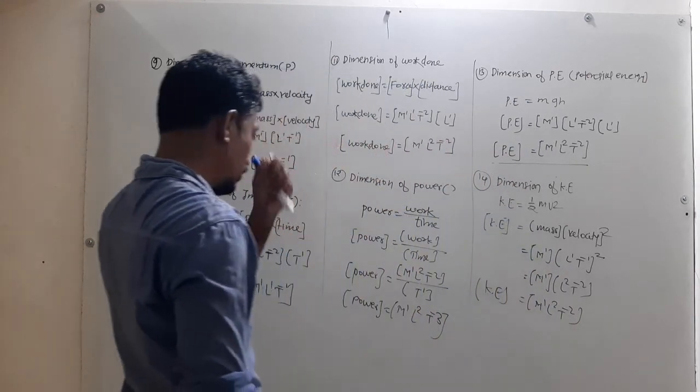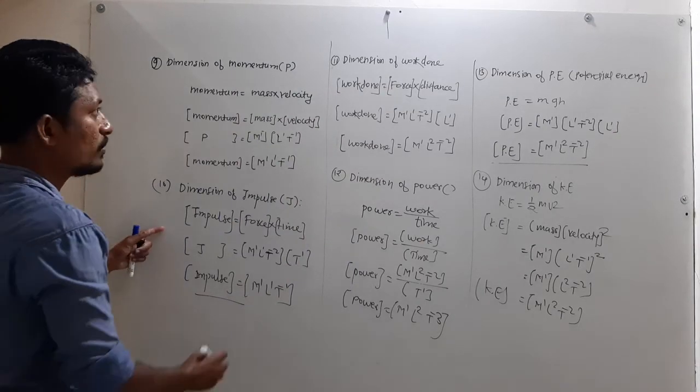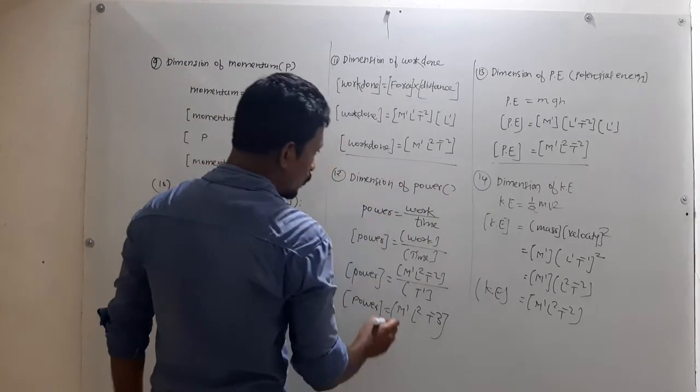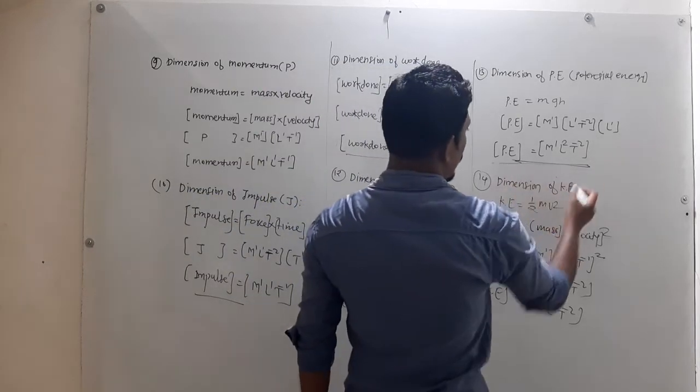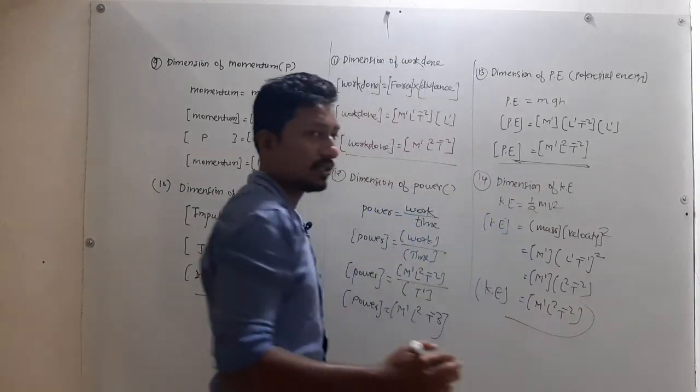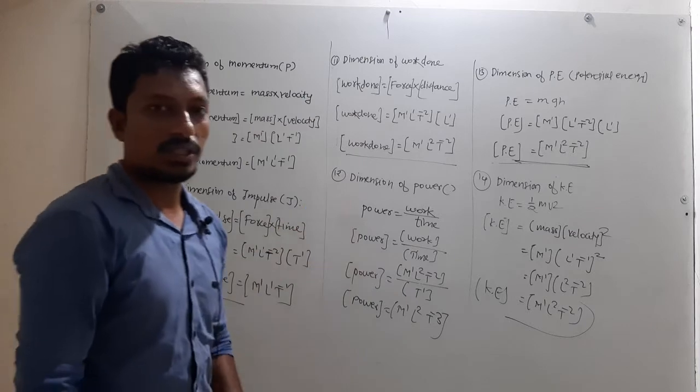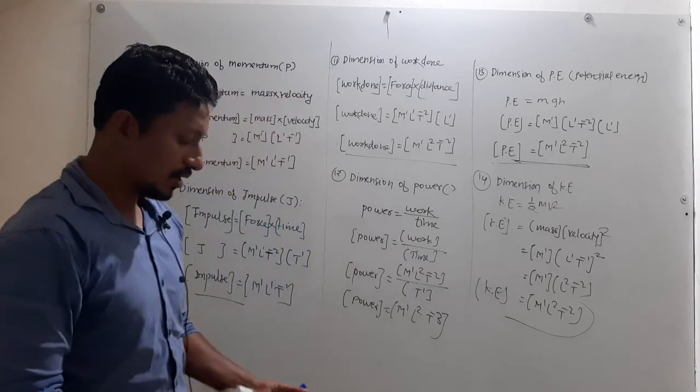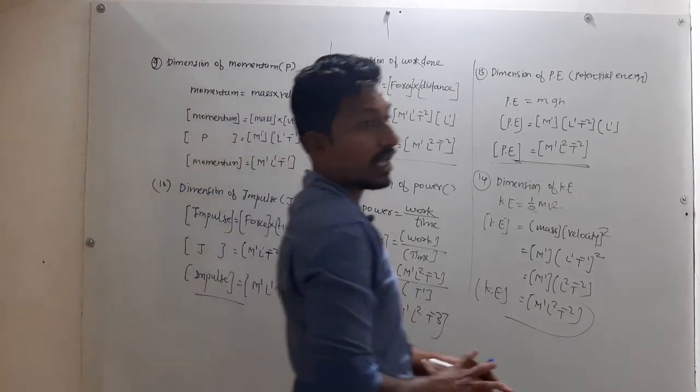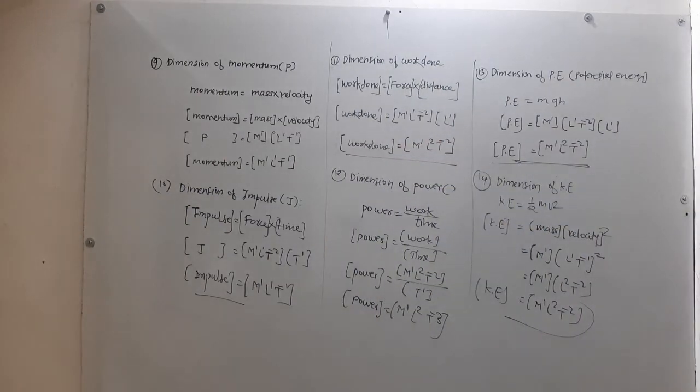Students, observe here, the dimension of work done, the dimension of potential energy and the dimension of kinetic energy are always the same, because work done is nothing but energy. Students, compare the total dimensions. Okay, again some dimensions are developed because the formula is generated and dimensions are represented. But before students complete all these dimensions, next are the applications of these dimensions.